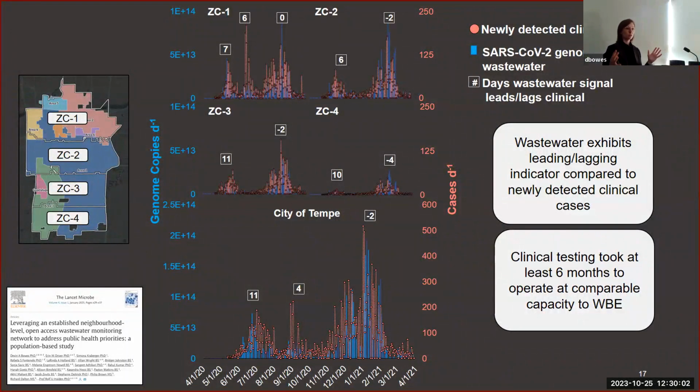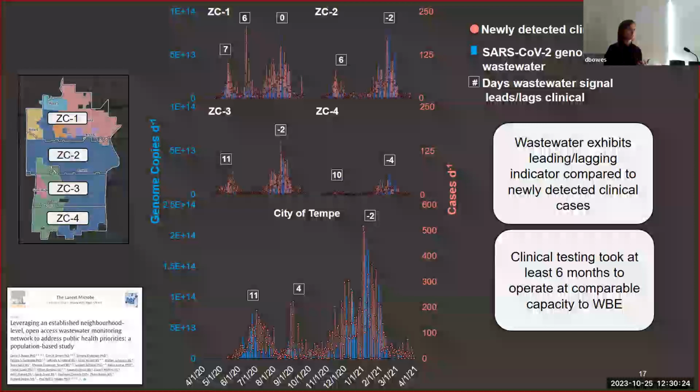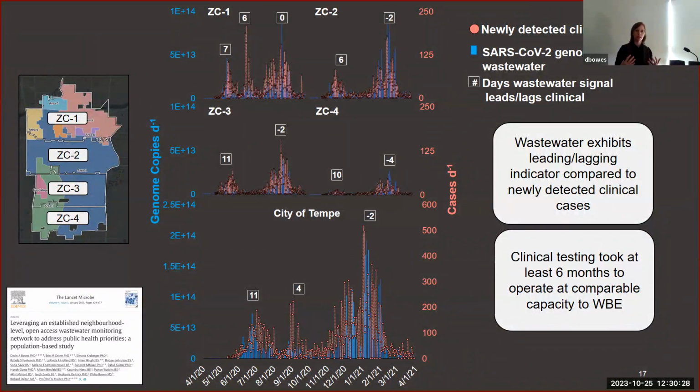And so we looked more into this to see reports of clinical ramp up and capacity. And it actually took nearly more than 6 months for clinical testing to operate at a comparable pace to wastewater-based epidemiology. So what does that mean? 6 months is quite a long time. And had this potentially already been set in place, rather than us just sort of testing everything out, maybe we could have mitigated some of those case rates, hospitalizations, and deaths. So an opportunity for the next pandemic, I suppose.